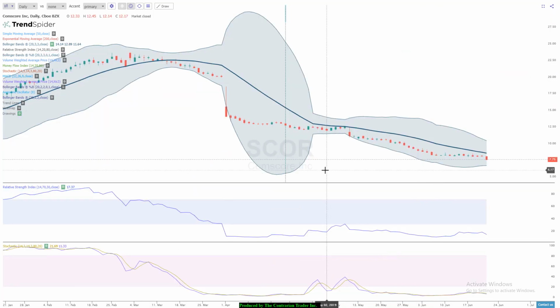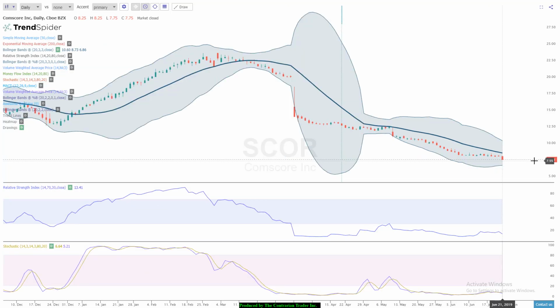Comscore, symbol SCOR. We've been talking about this stock for a while. It at current has RSI at 13.41. It can go lower. Now, we do have historical support below. Members will discuss where that historical support level is, and we will be looking to buy the shares of SCOR at that level. Why is it? It's because we are very confident that once we hit that support level, there are a lot of shorts in this name, and they will be looking to cover as the squeeze begins,